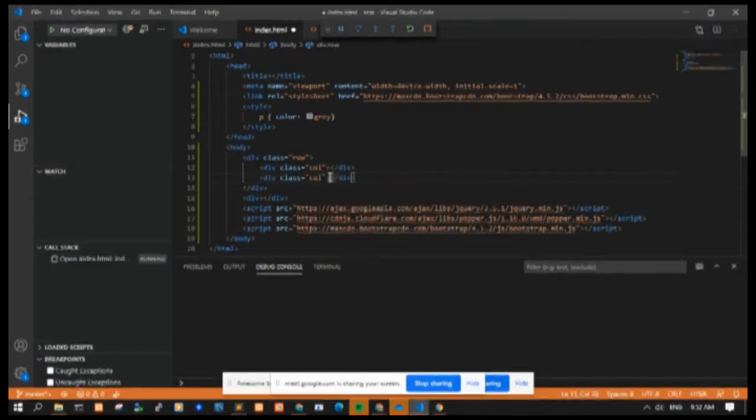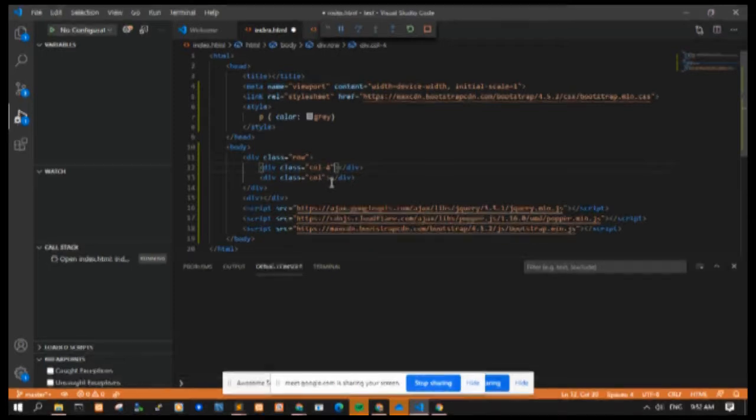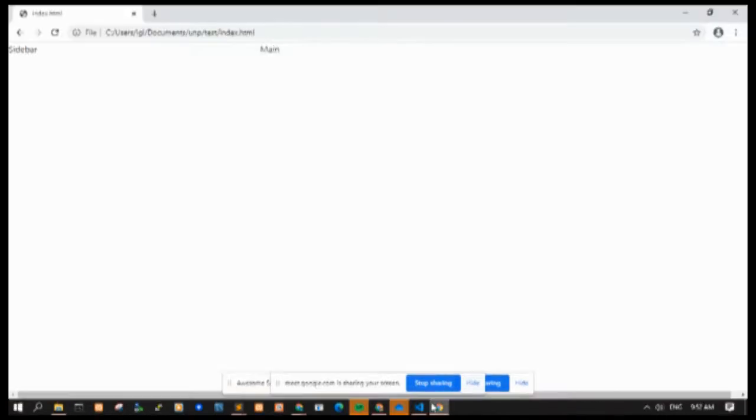Okay. So para makita natin, si sidebar, yan. And si main, yan siya. Okay. Ang kaibahan nito is that if you resize, it will always maintain 4/8